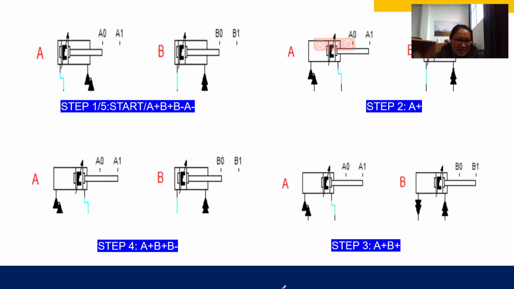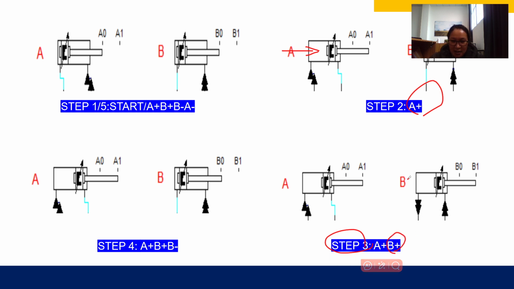Let me introduce the steps. There are 5 steps. The first and fifth steps are similar because pistons A and B are in their initial position. The second step, we want to accomplish A plus. That means we must push the piston A to move from A0 to A1. The third step, we want to accomplish B plus.